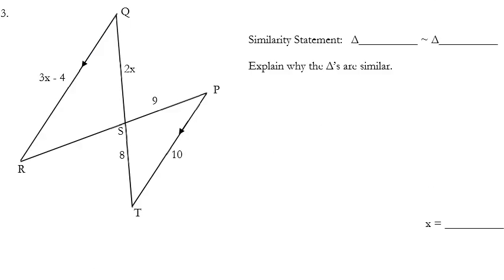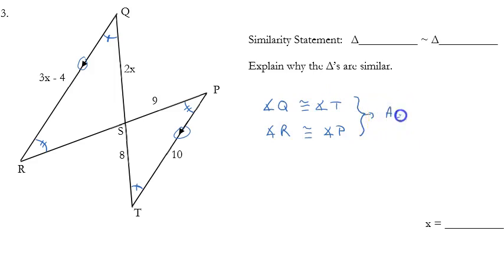So for number 3, I like to start by actually explaining why the triangles are similar, because that helps me write my similarity statement. The key to this is that these lines are parallel. QR is parallel to PT. That allows me to make conclusions on congruent angles. I know that angle Q has to be congruent to angle T, and that angle R has to be congruent to angle P. So I have those 2 congruent angle pairs, both of which are congruent because they are